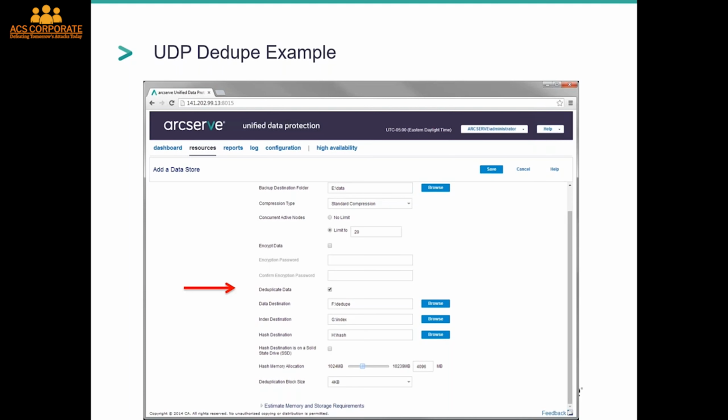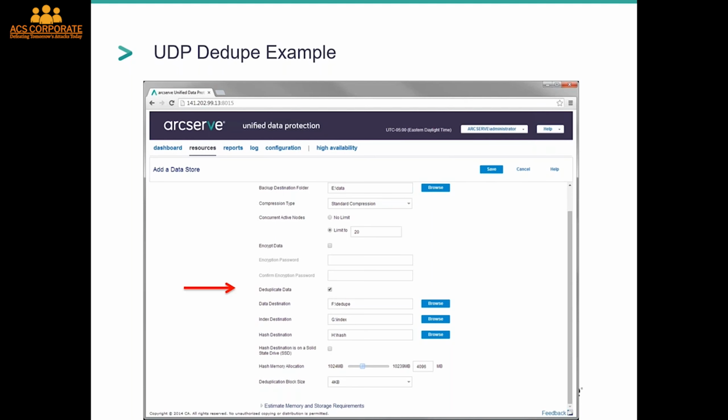What we do recommend, there's two ways you can run the hash destination. You can run it in RAM mode, where if the server's got a lot of RAM on it, say you've got a server that's got 128 gig of RAM, you can just basically allocate along that hash memory allocation scale. You can just slide that along and maybe allocate 32 or 64 gigabytes of RAM,